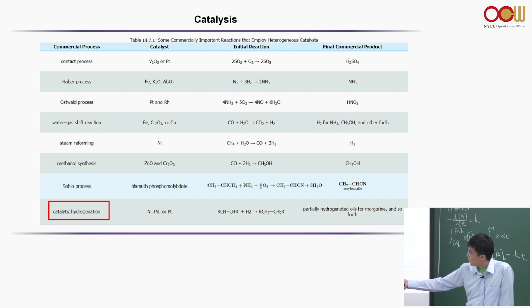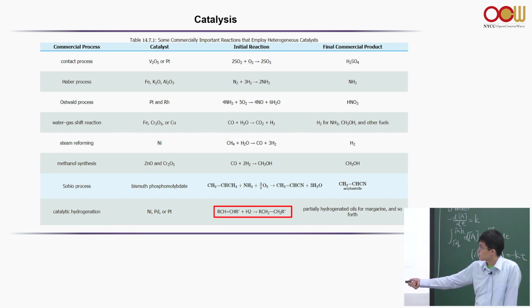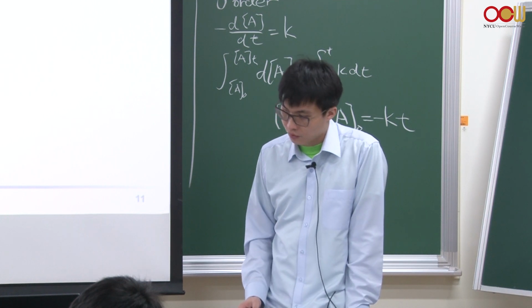And also catalytic hydrogenation. Okay, in organic chemistry, you will see that over and over, that converts a double bond into a single bond. Okay, why is that important? In fatty acids, in oil, there are a lot of double bonds, and that causes a foul smell due to oxidation of these double bonds. Okay, so if you can remove these double bonds, you can make the oil more stable. So that's all I have for this.